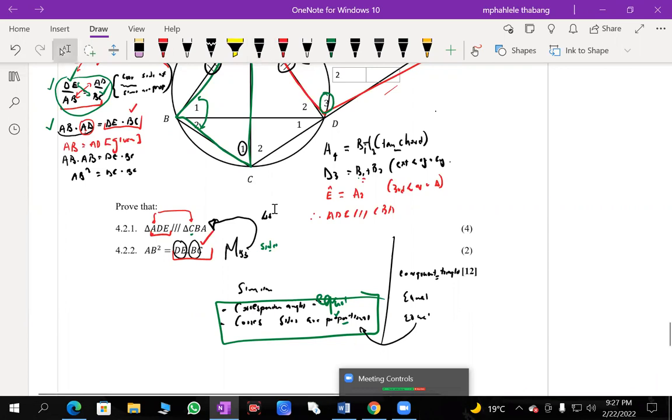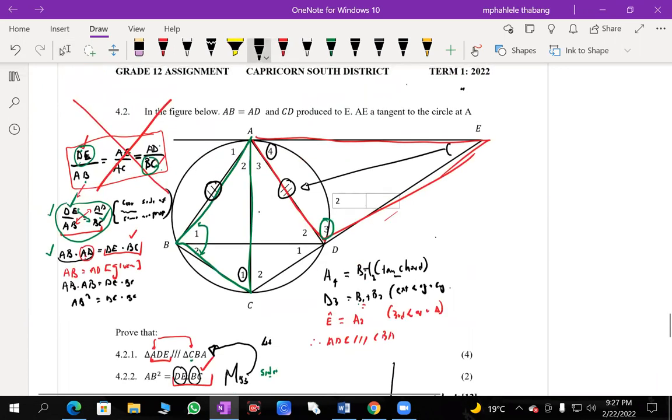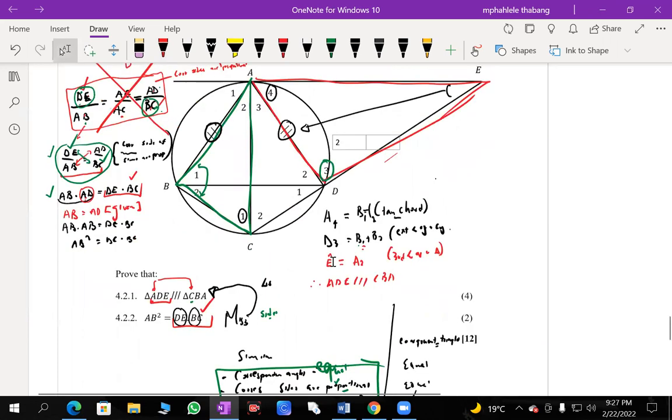Actually, this one. Or DE over AB, AE over AC, AD over BC, the fact that corresponding sides are proportional. This is what I was doing here. I'm actually saying corresponding sides are proportional. And then,